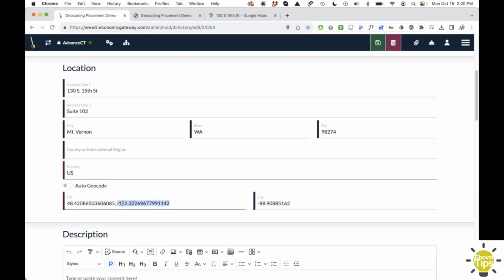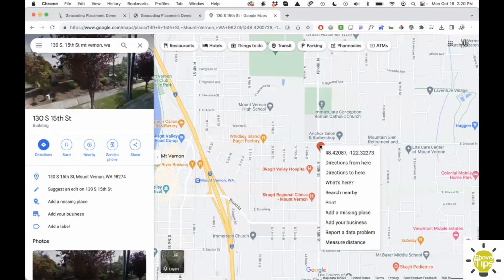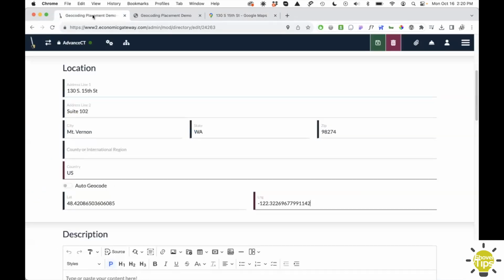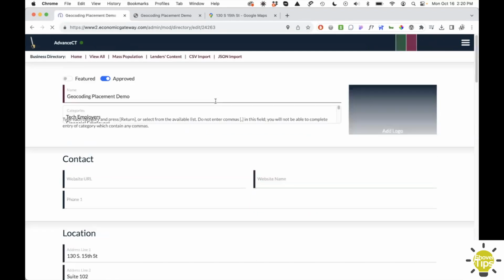So now I'm going to copy just the longitude. That'll be the one with the negative number if you're in the US. Delete the space and the comma because that's not relevant for the latitude, and paste that in place. So now I've pasted in that latitude, longitude that you saw here. I've pasted that in manually to the latitude, longitude fields. And again, I've made sure auto geocode is off. So that should allow me to save my manual information. So now if I save that,